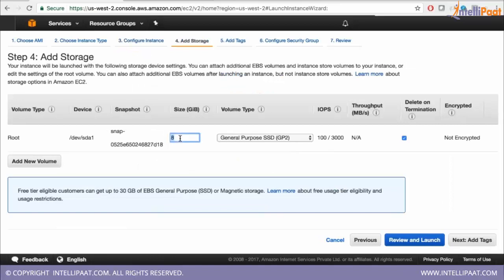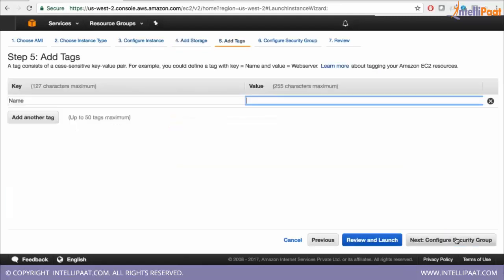In add storage you add a size of 8 GB. So here you can put 8, and then say next, add tags. The name can be any name, so you can put Hadoop cluster for admin class, and next say service. This is just a tag with which it identifies your machines as a group.